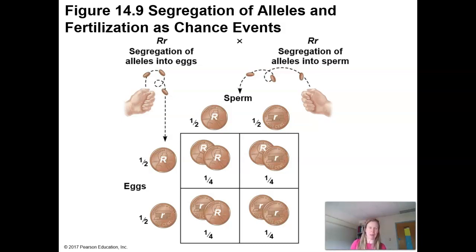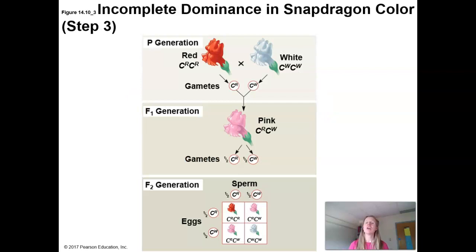There are definitely exceptions to this as well, right? So there are different patterns of inheritance that don't fit that normal dominance pattern, that normal Mendelian genetics. For example, there's what's referred to as incomplete dominance. This is a time when red and white make pink, okay? So it's not always one flower color that is dominant over the other. Sometimes you have this incomplete dominance.